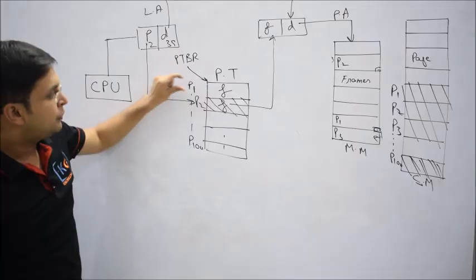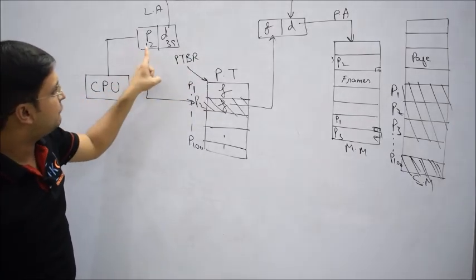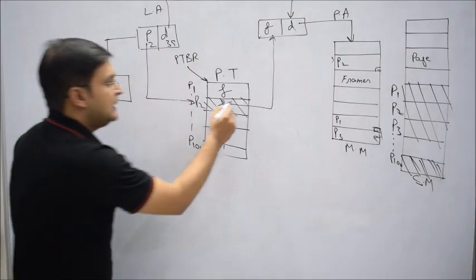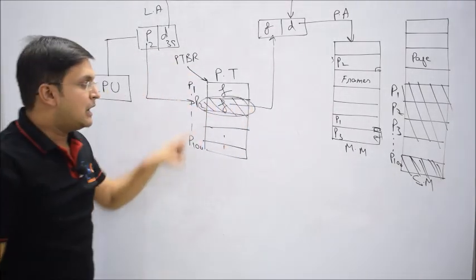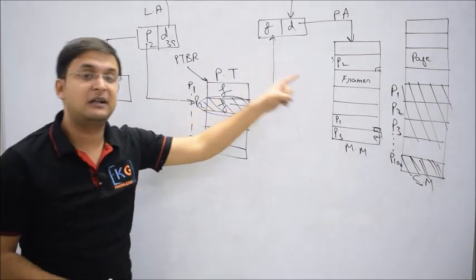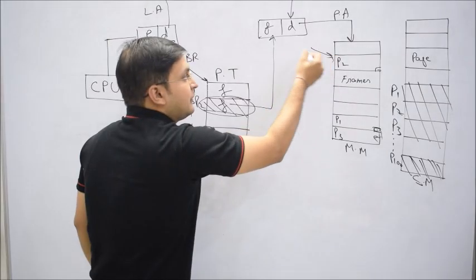Now from this you access this structure by index. Remember this thing. तो आपको कैसे पता होता है कि कहाँ पे जाना है? You have page number, page number, page number, page number. What I want is page number 2. So I go to page number 2. यहाँ पे मुझे क्या मिलेगा? यहाँ पे मुझे उस फ्रेम का बेस एड्रेस मिलेगा जहाँ पे मेरा पेज करंटली स्टोर्ड है. तो फॉर एग्जाम्पल नाउ दिस इज एक्चुअली दिस F.